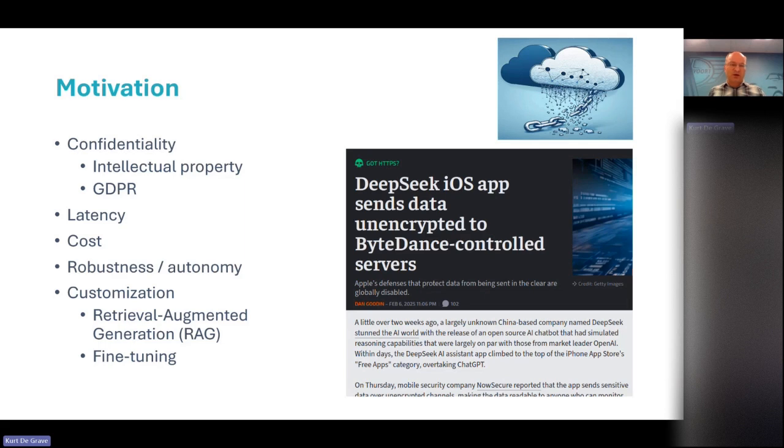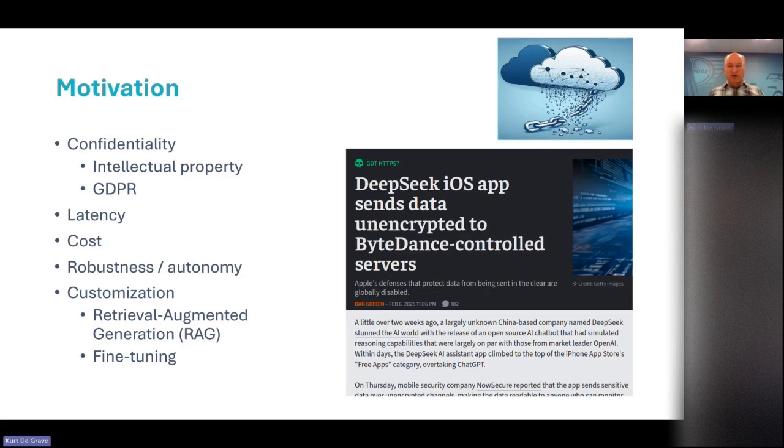So this is to protect your intellectual property, but also to comply with the law. You cannot just give personally identifiable information to any company around the world if they are operating from a country that does not implement the GDPR or compatible legislation.